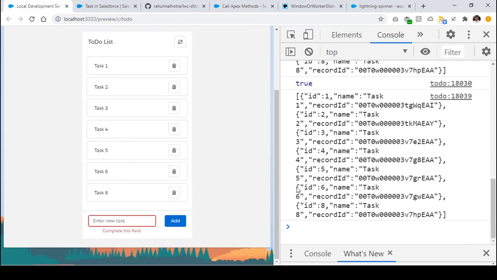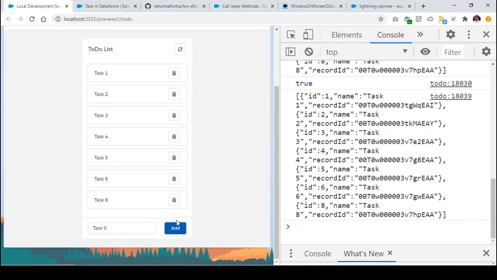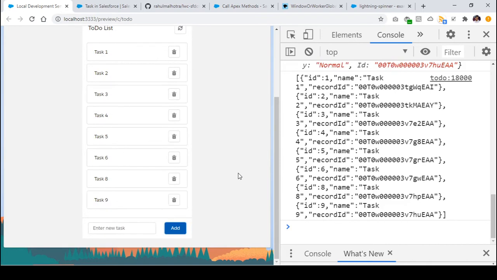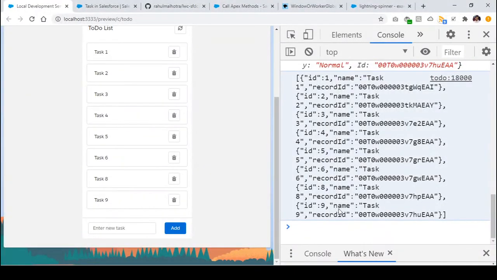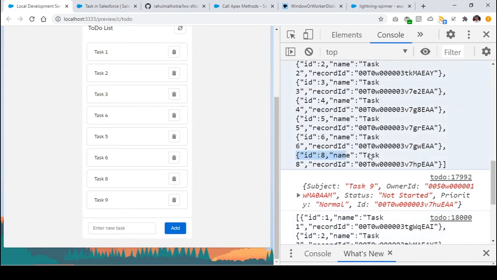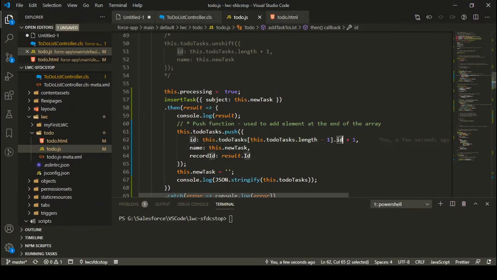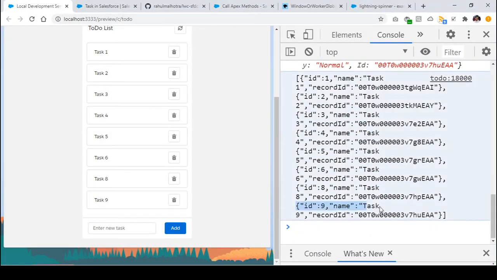It is also fine. Let's say I deleted task number 7. So this time my element with ID 7 is deleted, and I'm having 7 tasks, but the last task is having an ID of 8, right? Let's say I add task number 9 this time, let's see what will happen. So I clicked on the add button, and here you can see that the ID of this task is now 9. So this is not again 8, it is 9, right? So why is this ID 9? Because I find the last element in my list by using this particular code, and the last element was the 8th element. I used that element's ID, which is nothing but 8, and I added 1 to that, so it became 9, and I'm able to add a 9th element in the list.